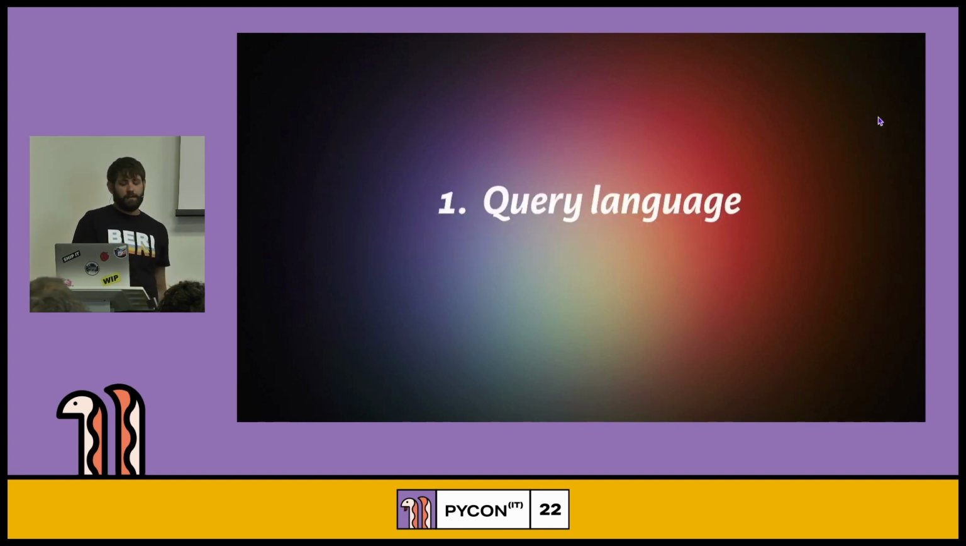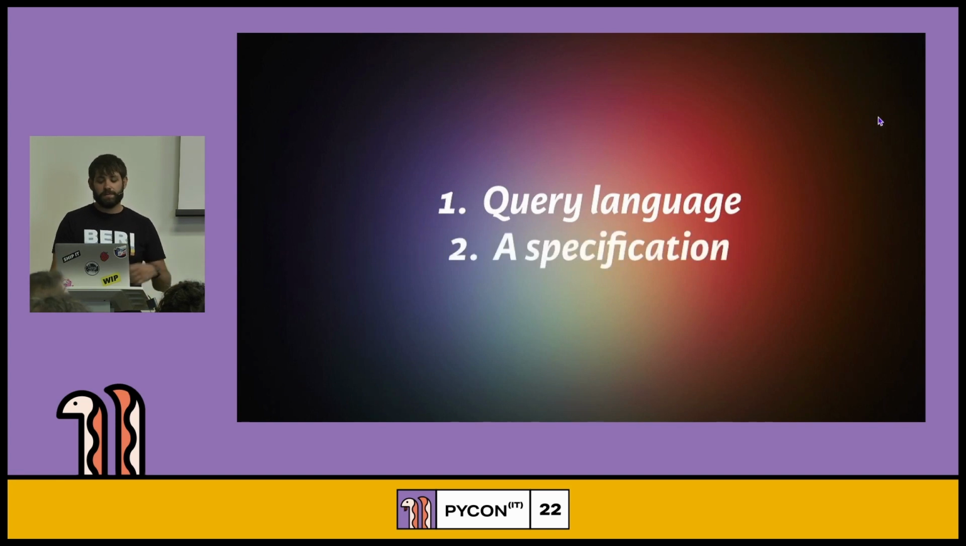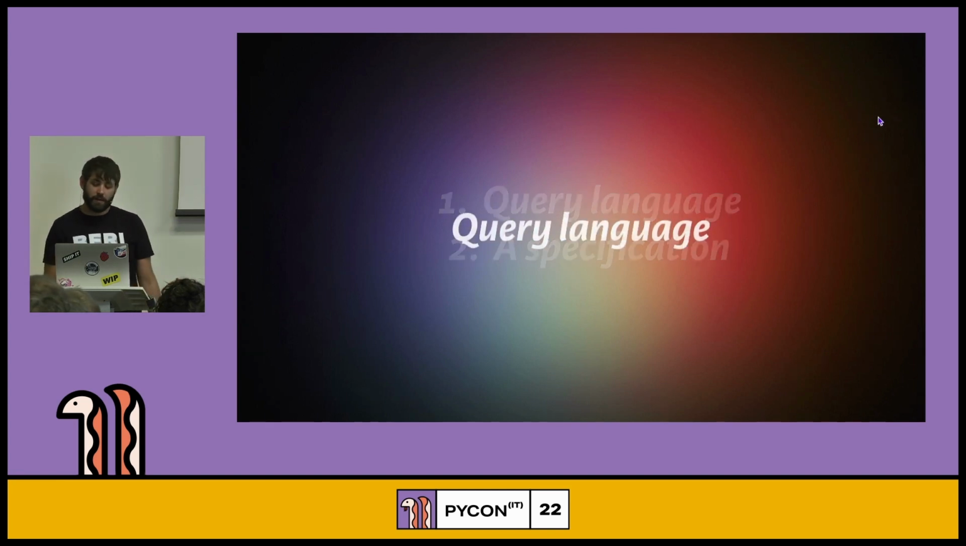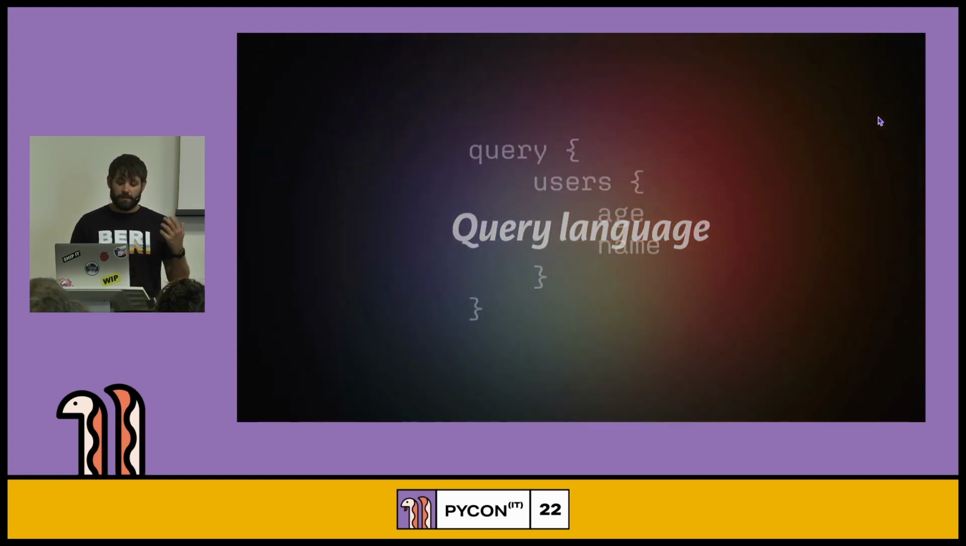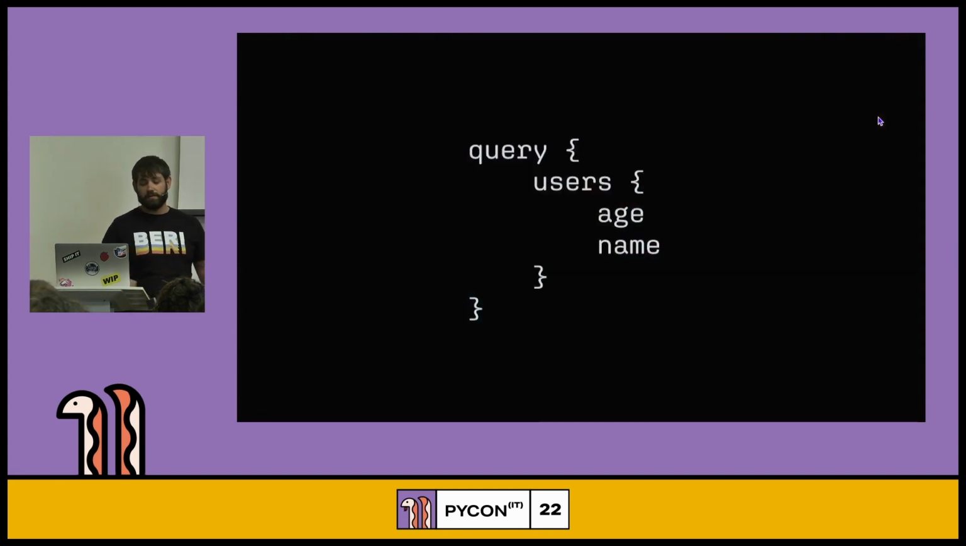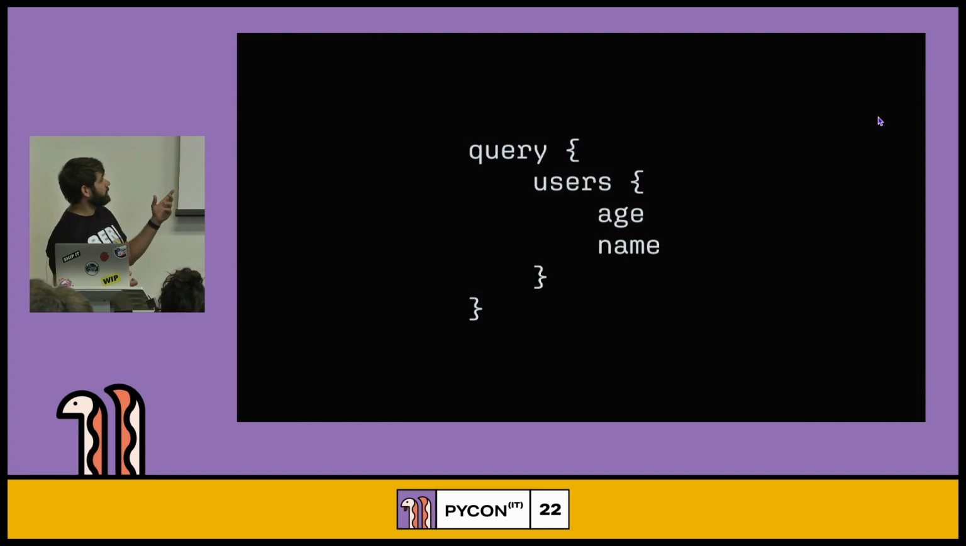So GraphQL is mainly two things: it's a query language and a specification. A query language basically is what allows you to do queries to your backend, so it allows you to get data. And the specification is something I'm going to explain a bit more in detail later. The query language is basically something that allows you to do something like this. So you have a query here, and you want to fetch a list of users, and then for the user, you want to fetch the age and the name. And that means that